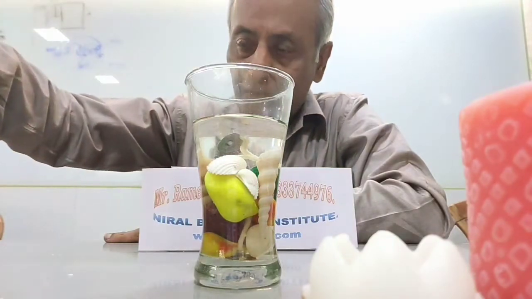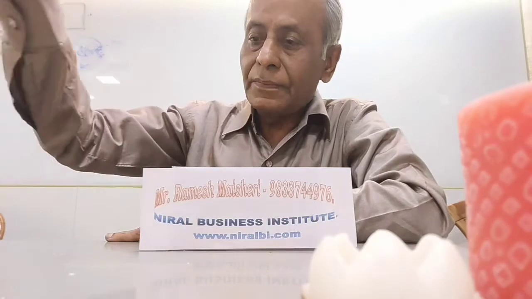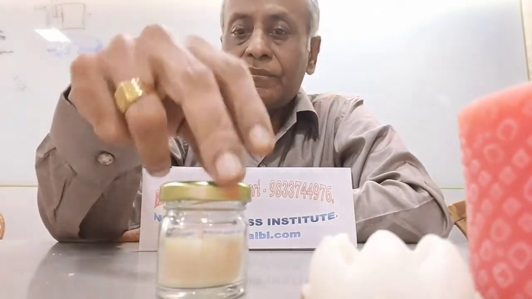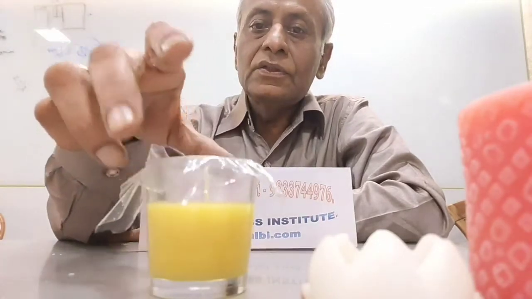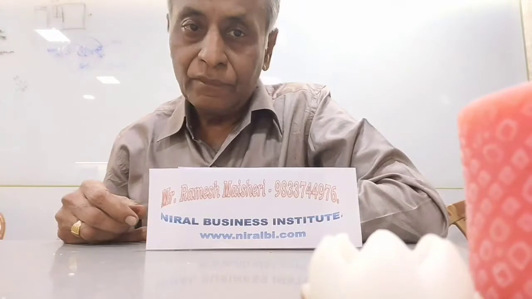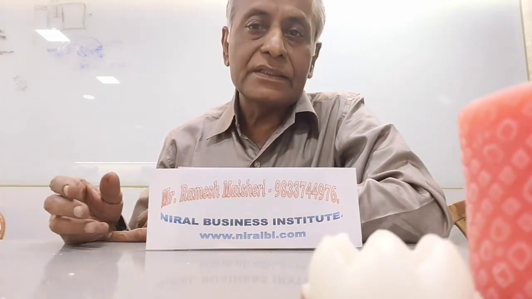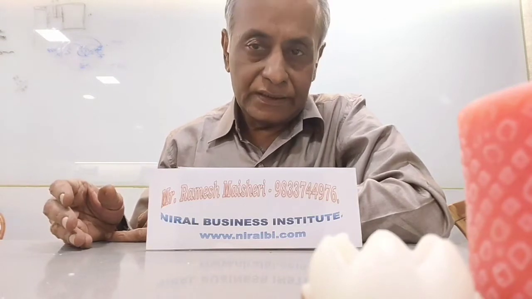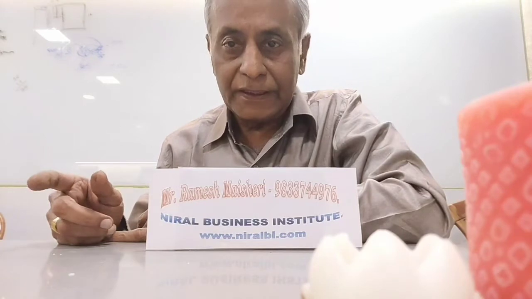Now a gel candle needs a container, so you have to keep it in a container. Sometimes we make candles in containers also. This is a glass jar candle, this is a glass candle. So for different applications, different waxes are required. For making only a candle, we use either Iran wax or China wax. So these are the main candle waxes. But for other things, we have to use different waxes.